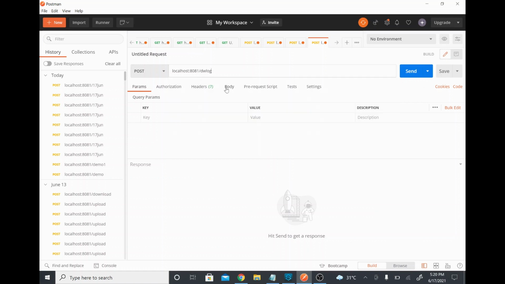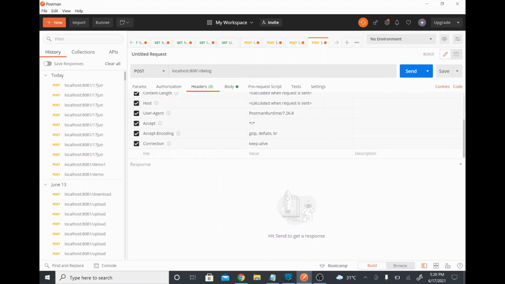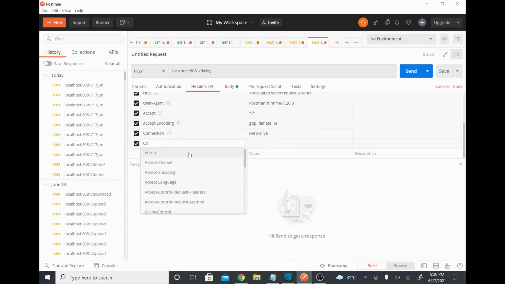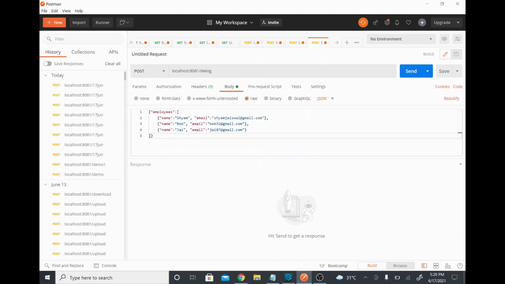In the body I'll select raw data and give this JSON value. As it is JSON, you can set the content type as well, so I'll go to the header and set content type as application/JSON.